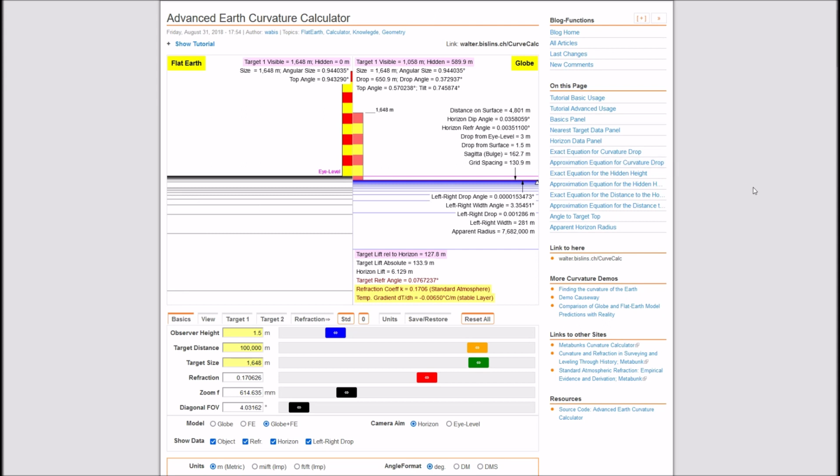So Walter Bislin has on his Advanced Earth Curve Calculator a nice little feature here. I put in the height of Mount Tunapa above the plane of the salt flats. And then I put on the left the flat Earth visualization from 100 kilometers away, and on the right a globe visualization with no refraction. I think I've got refraction set to 0 here. Anyhow, so I put an observer height of 1.5 meters. You can change that to 2, you can change that to 1. You'll see that it doesn't have much of an effect on the